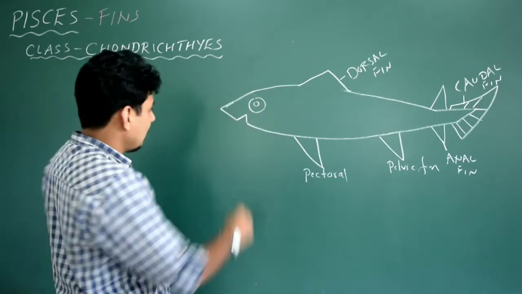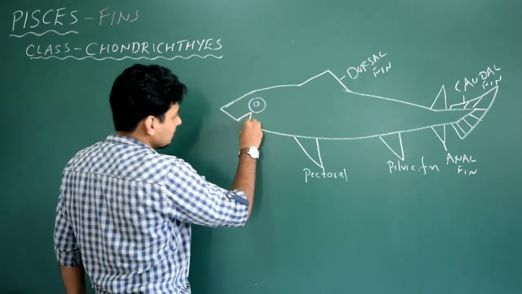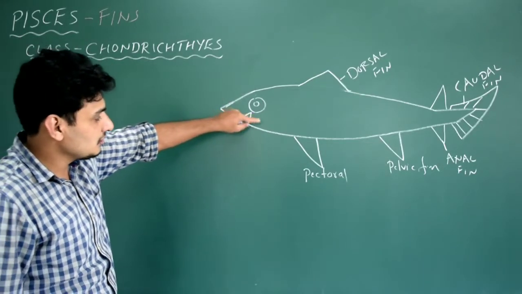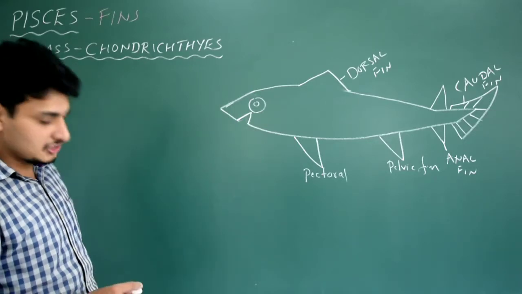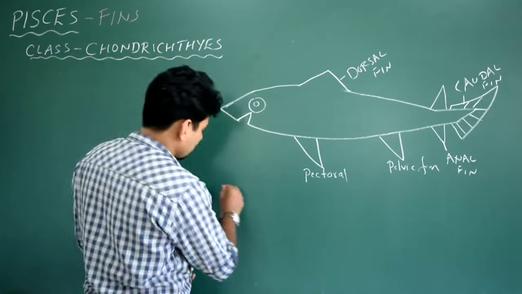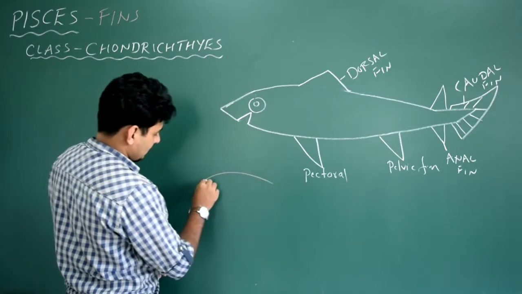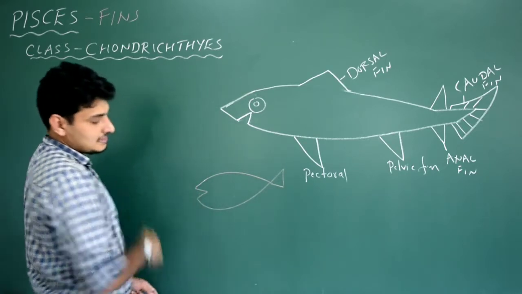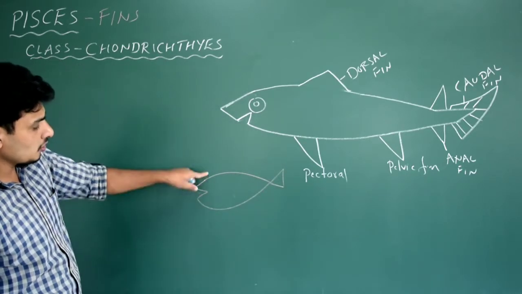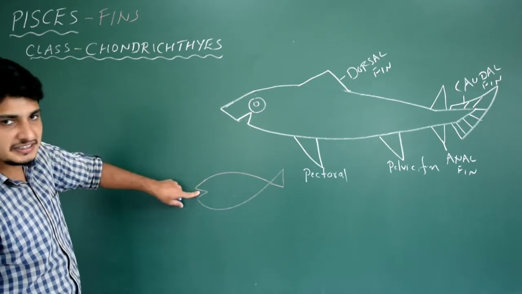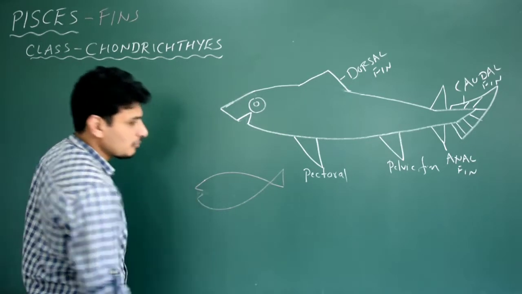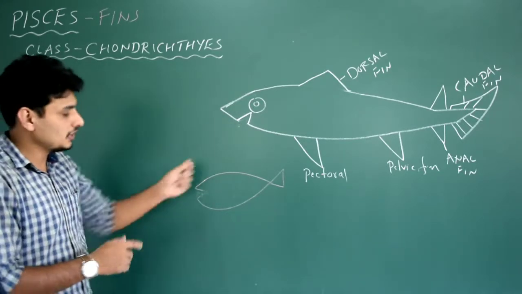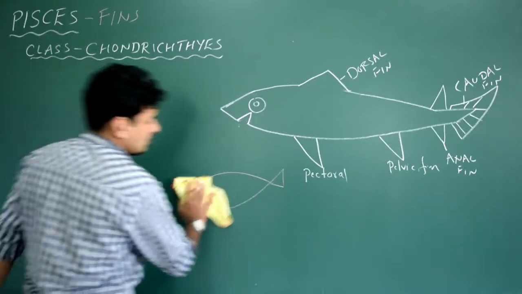And I am going to put one eye here. Okay, the eye. And the mouth, okay, we'll draw a good mouth like this. Where exactly is the mouth situated? The mouth is situated towards the ventral side. If you take a normal fish like katla, let me draw a rough diagram. See this, where exactly is the mouth situated? Here, ventral or dorsal or center? It is exactly at the center, that is, we call it a terminal mouth. In this case, it is a ventral mouth. This is terminal, that is at the center. So that is normal in the case of bony fishes.